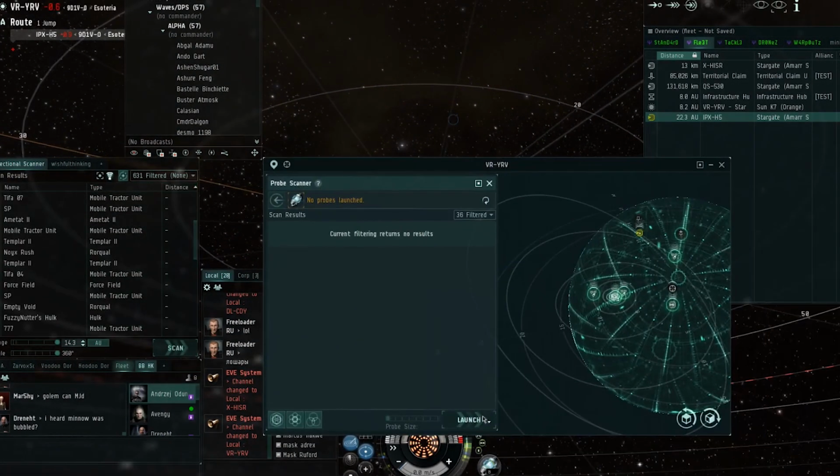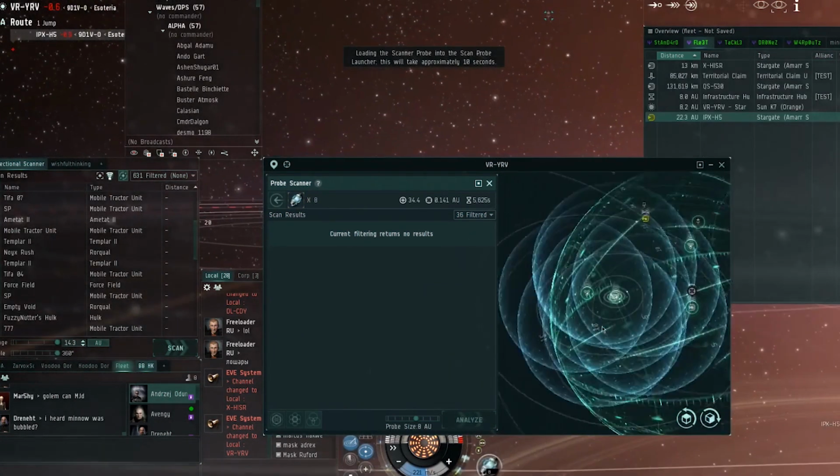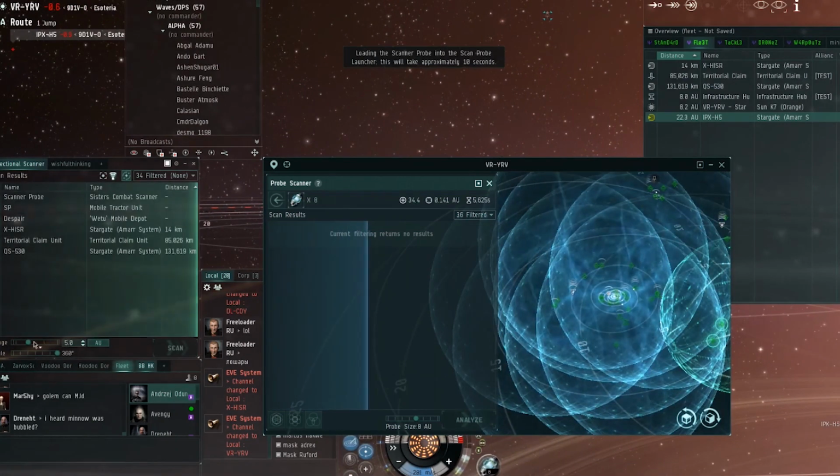Lots of people in local getting excited, spamming D-scan. I got Rorquals, a Rorqual carrier and supers in the system. So just scan center. I probably should have done